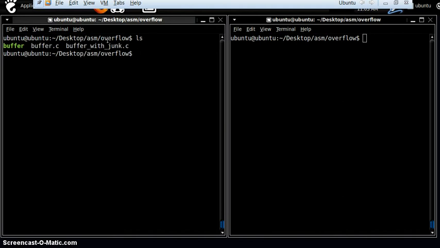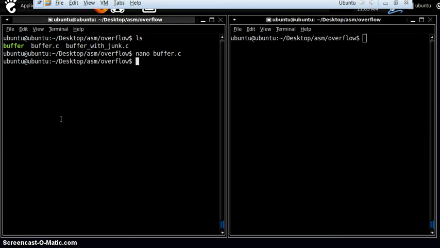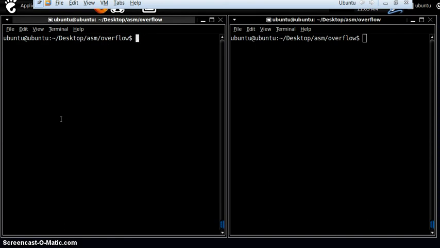So we have the same program over here like it was in the previous video. The same functions. We are getting the input from our user, then putting it onto screen, calling the function display, this one, from our main section. Okay, so this time, in the previous video we had seen how the operating system protects the buffer from getting overflowed.